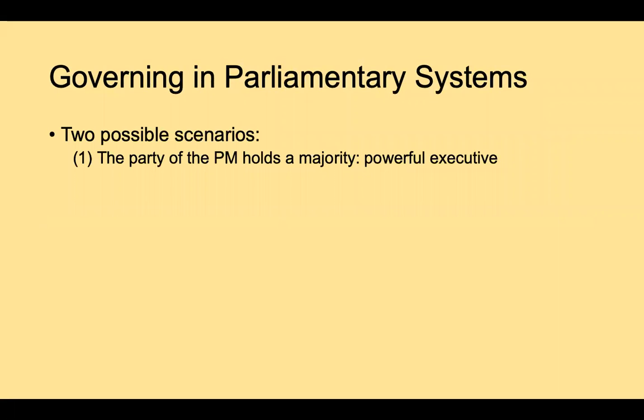So what this means is that in a parliamentary system, we don't vote directly for the executive. We vote for the legislature, and then the legislature chooses the executive. And the choice of executive involves choosing both the prime minister and the individual ministers. But you might be sitting there and thinking, but that still leaves open the possibility, for instance, that the prime